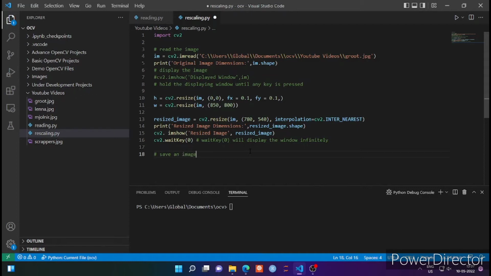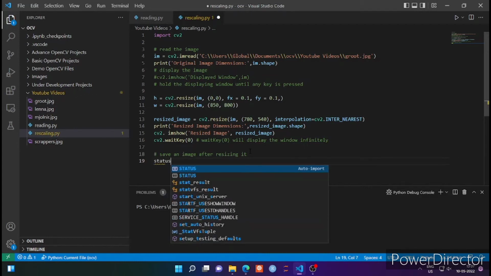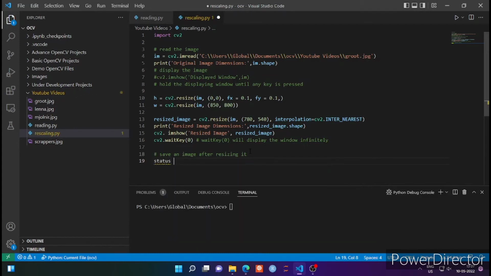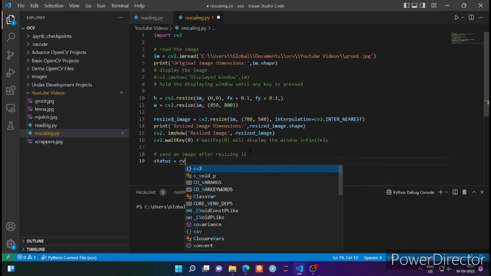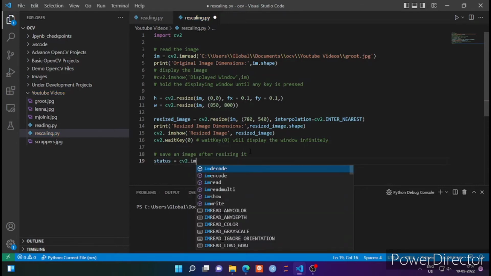So let me write it: save an image after resizing it. You can name it anything. It's a comment to note down what you are doing. So I'll be using one variable here, and this variable will give me the status. So let me write the status here, and then in this variable I'll be using the OpenCV function, that is